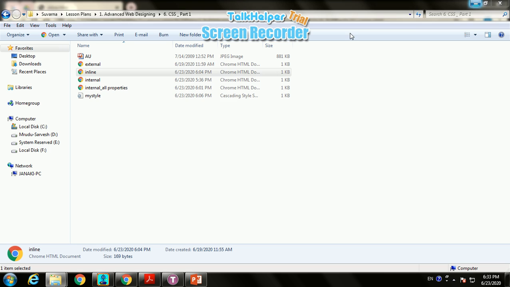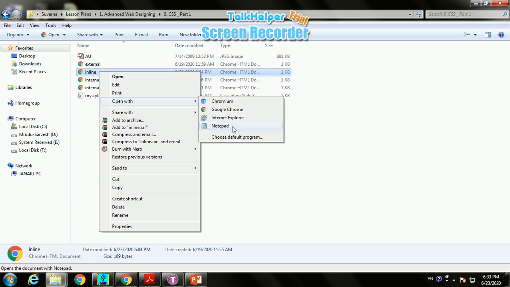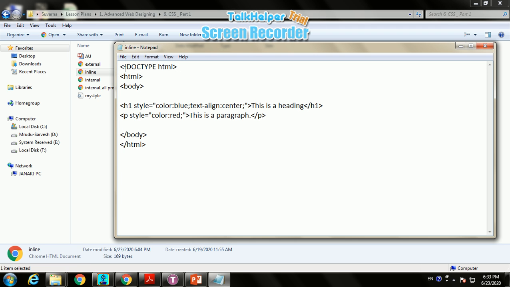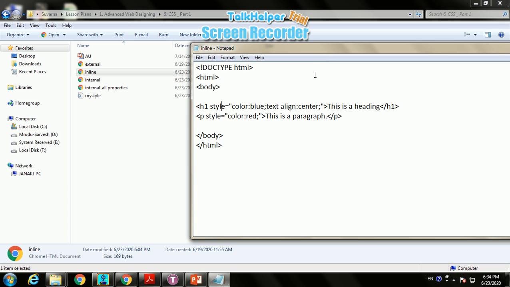For that I have provided the code as here: doctype HTML, body, and then under the body tag I have provided the style. Style is also provided here under H1. H1 style, color blue, then text align center, and then this is heading. Here remember one thing, that we are using the inline